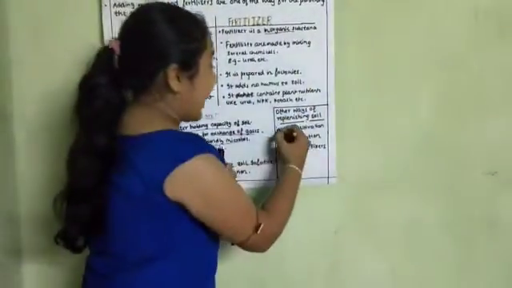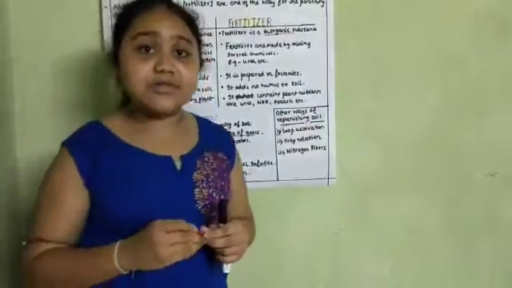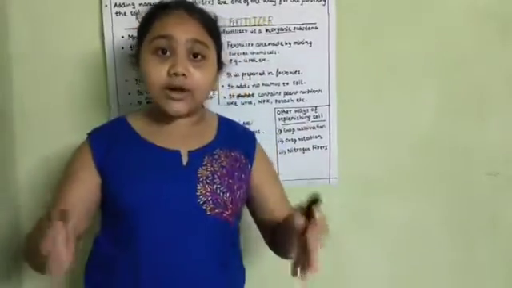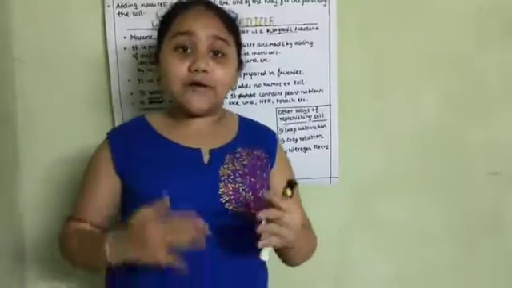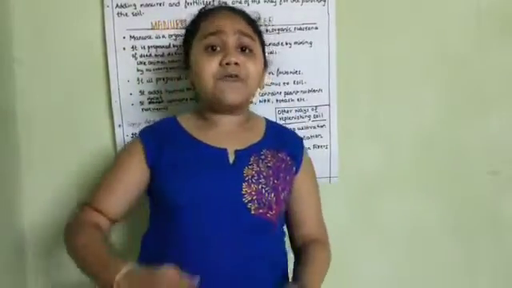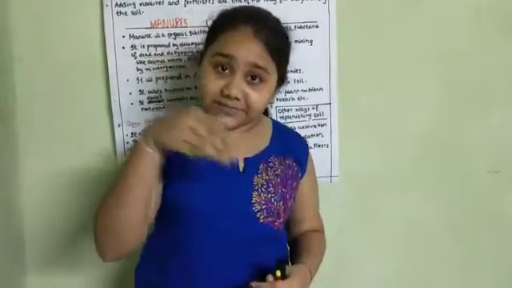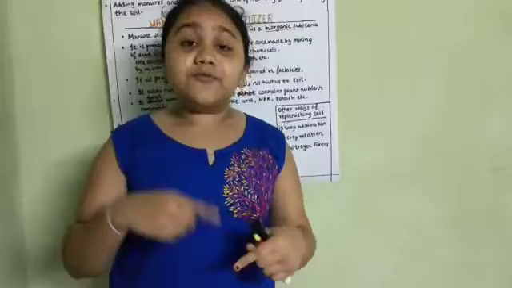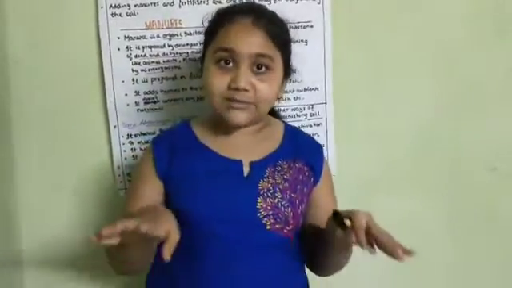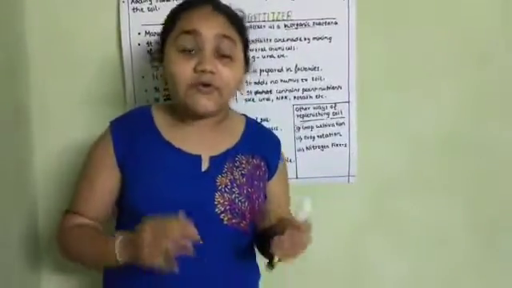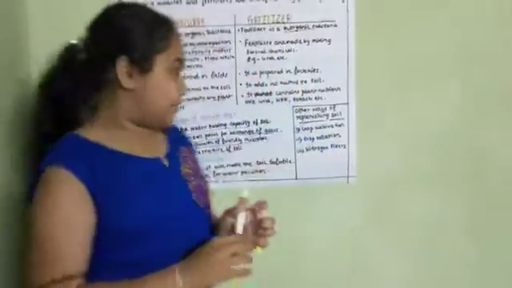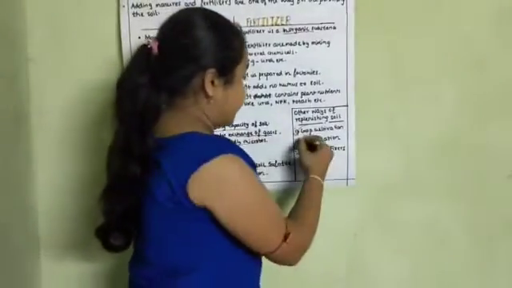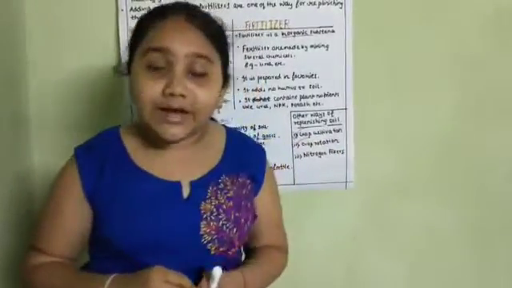The first is gap cultivation. Gap cultivation means, for example, I am growing a crop here, and after the crop is harvested, after 2 to 3 months we can grow a crop at that particular place. That means we need to give some time to the soil so that the nutrients can replenish at that place. That is called gap cultivation. Next is crop rotation. Crop rotation means growing crops alternately.